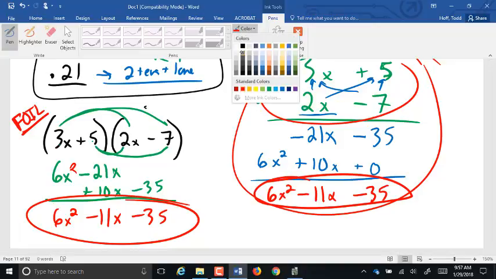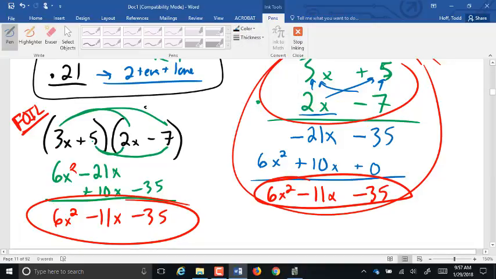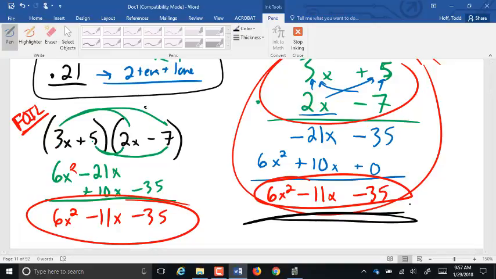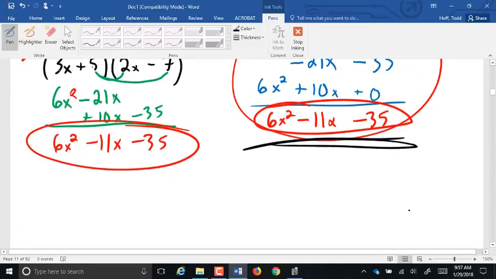So the FOIL saves a little time, a little space. All it is is a shortcut for doing this. Remember, I told you with whole numbers that we could do the FOIL method with whole numbers too if you wanted to. The one thing I don't like about FOIL is it only really applies if you have two two-digit numbers. If we have something like this,